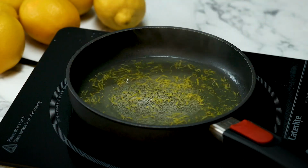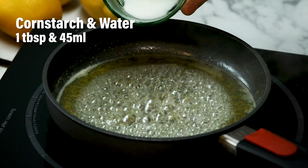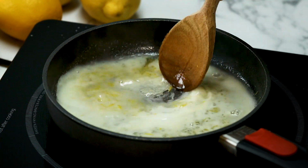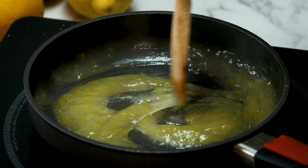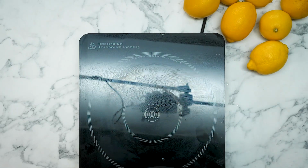So that's simmered down quite a lot, and what I've got here is a cornstarch slurry, which is essentially water and cornstarch mixed together to thicken this sauce. There we go, oh yes. Give it a quick mix, and this will thicken really, really quickly, you'll see it. Right, so that's our lemon sauce done. It's got a really nice thick texture, it's obviously smelling really lemony, and now we just have to crack on